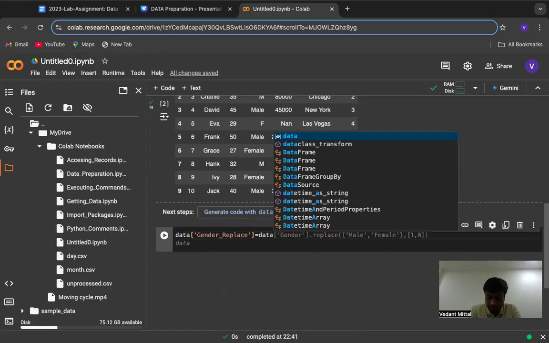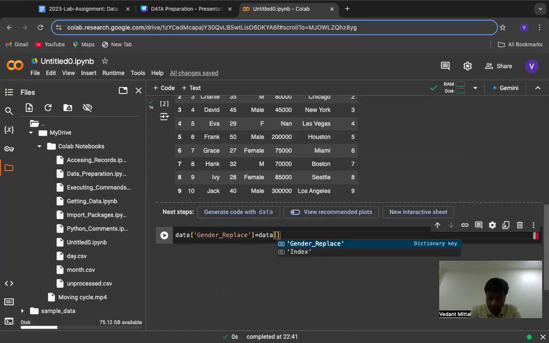Data, and we have to give the folder index name dot, we'll use the replace method